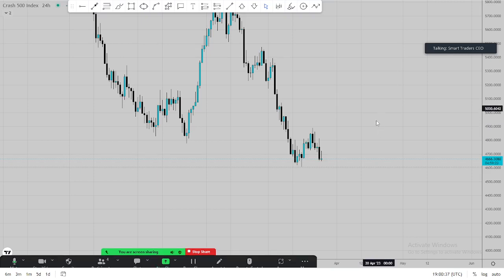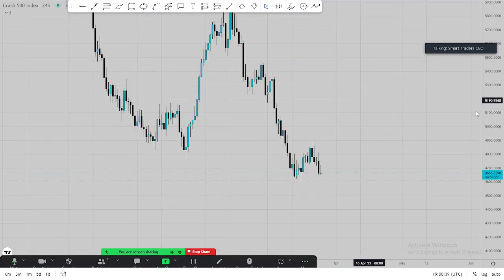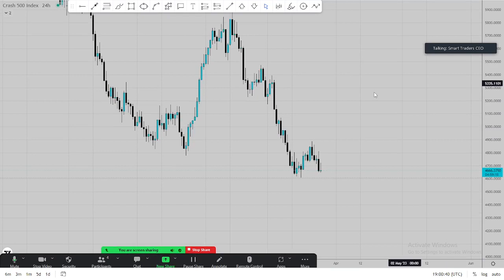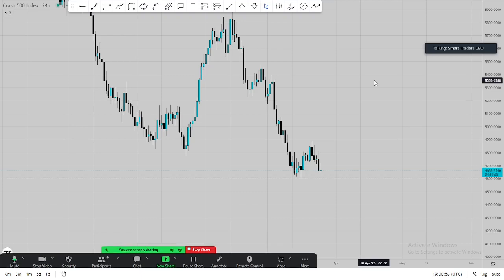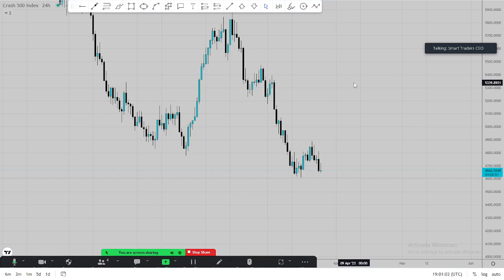Because if you don't have that understanding of where price is coming from and where price is going, you are bound to be trapped in between. For example, let's say someone focuses on 1 minute, 5 minute, and 15 minute without having a look at what is happening on the higher time frames, like the daily, the weekly, or the monthly. If you're only focusing on smaller time frames without taking reference from higher time frames, you are going to experience inconsistency in terms of profitability.